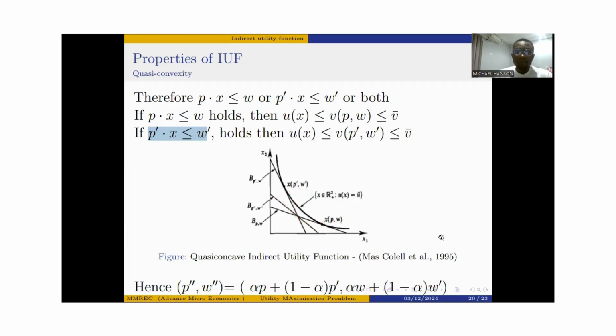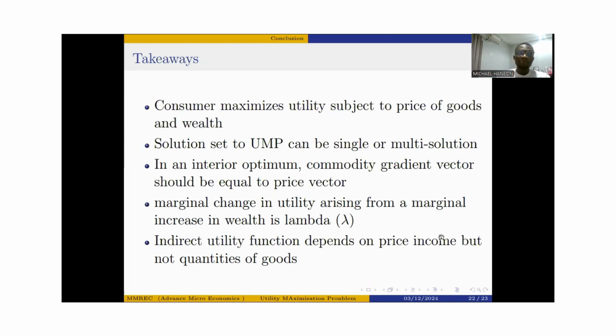So coming to the close of this discussion, what we've said so far is that the consumer maximizes utility subject to the prices of goods and services, and his